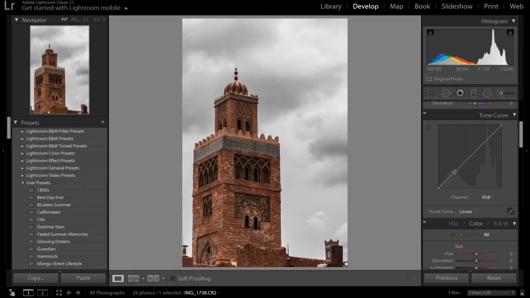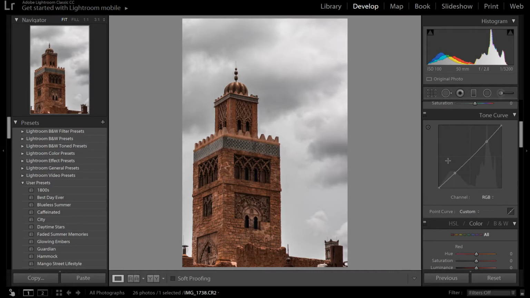you click on one spot right here and it moves it up like that. So just a side note, when you're working with the tone curve in Lightroom, you want to compensate for that. So just undo. You want to click right here below the point you want to go for, and you'll get the point right there. So I'll do it again up here, highlights, and then what I like to do is the old-fashioned